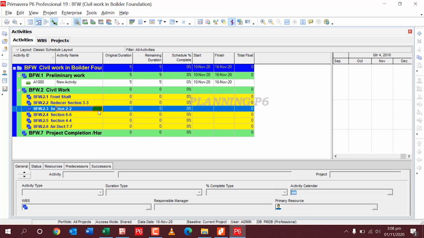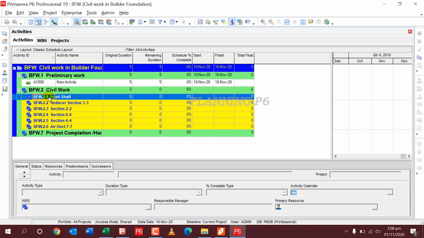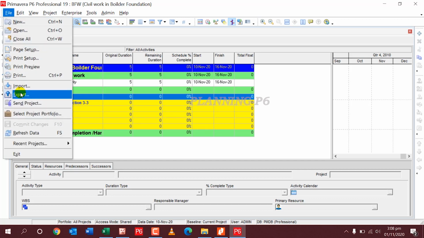So here is front shaft. I will just go here, import my activities here.